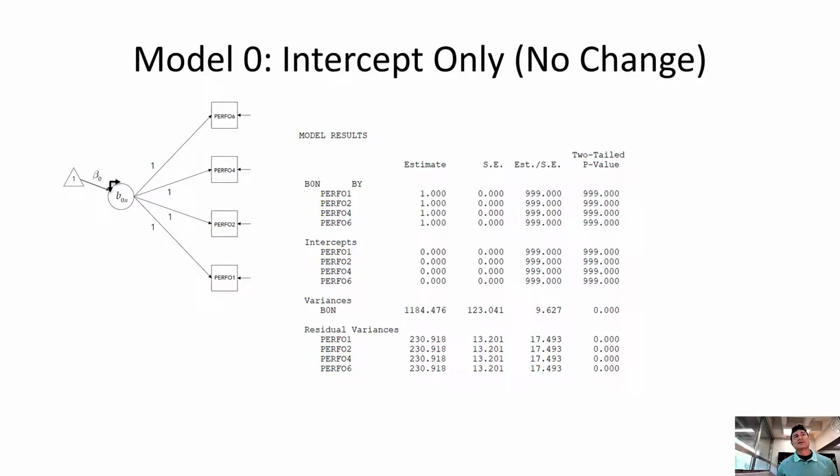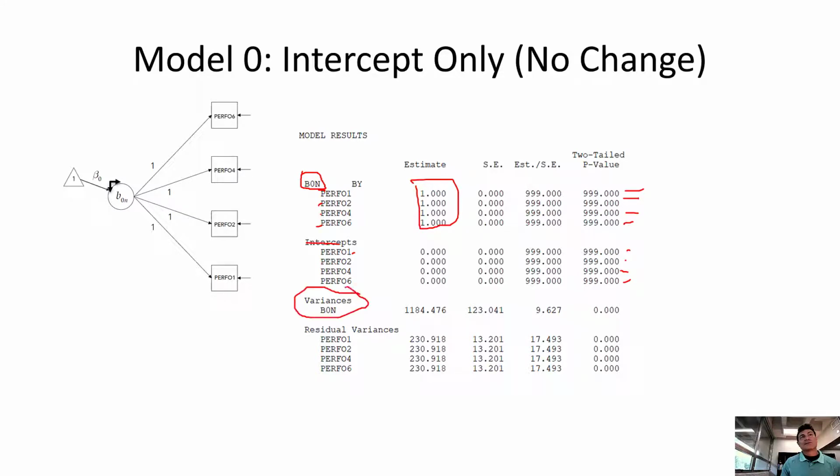All right, and this is our output, and here is our output in the output file. We can see each of these are set to 1. So when we look at the factor loadings, this intercept is indicated by each of these variables. It's set to 1. When we see these 999s, we know that it wasn't estimated, we set this to 1. These intercepts, this is where terminology gets a little bit confusing. I wish M plus just called these the means, but there's a reason it's called intercepts. But the means of these performance values are 0. We set those. That was that extra code that I gave.